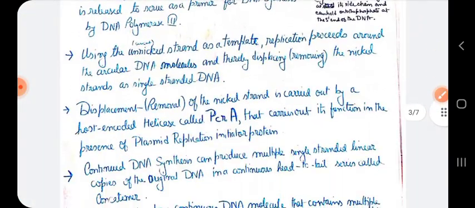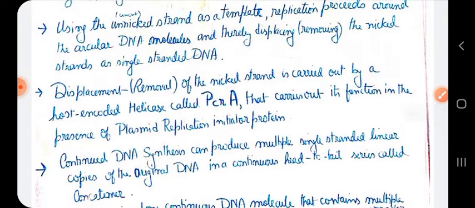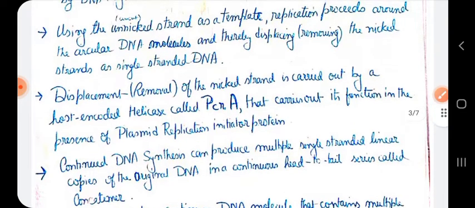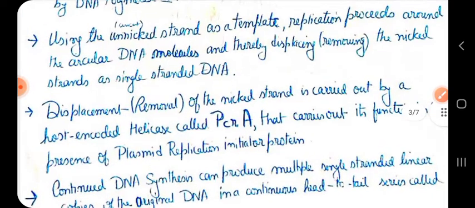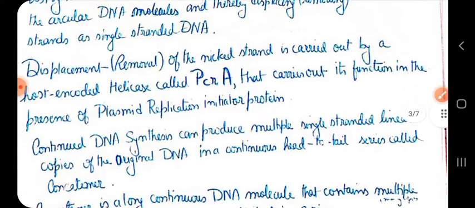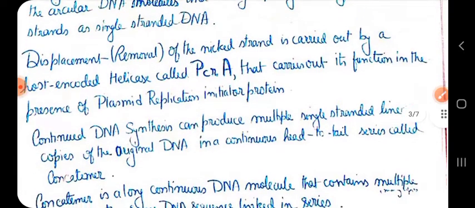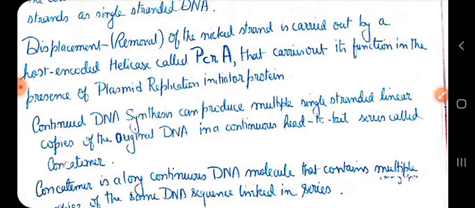Now displacement is done by a helicase enzyme called PcrA, which carries out its function in presence of plasmid replication initiator protein. Now continued DNA synthesis produces multiple single-stranded linear copies of the original DNA in a